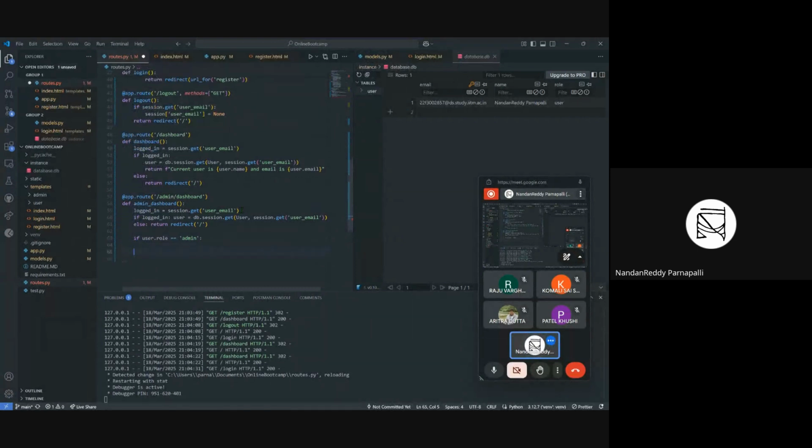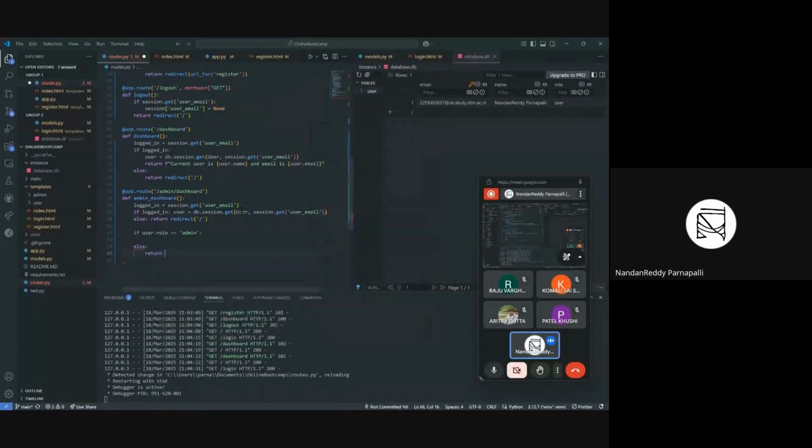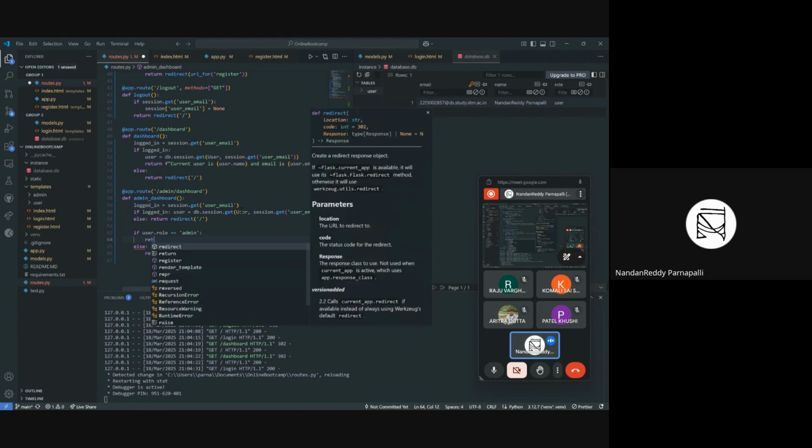Else return, you are not allowed to this route. So we are just checking if the current user's role is admin, then only do something, or else do this, and we will return